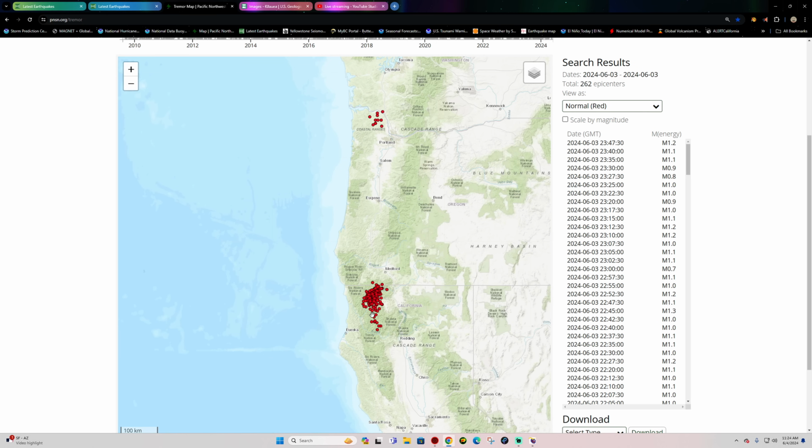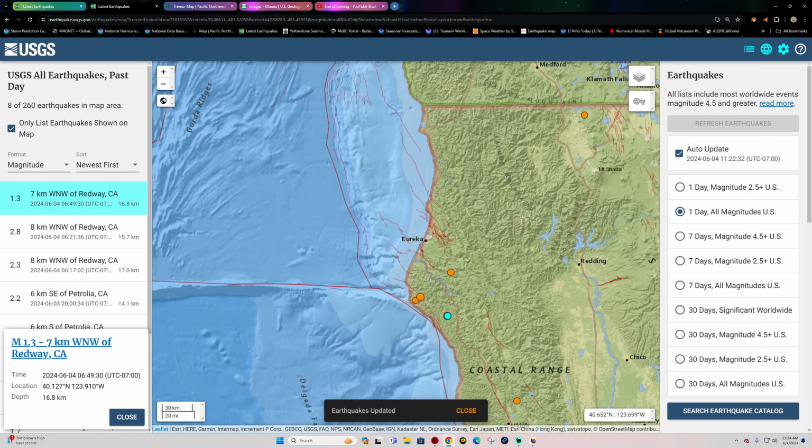When this tremor activity occurs in the deeper regions, we're adding further strain upstream. So that's why we're seeing some elevated earthquake activity, roughly about 15 to 17 kilometers into this area. The tremor occurs deeper down there, about 35 to 45